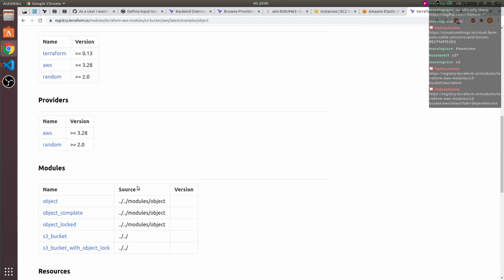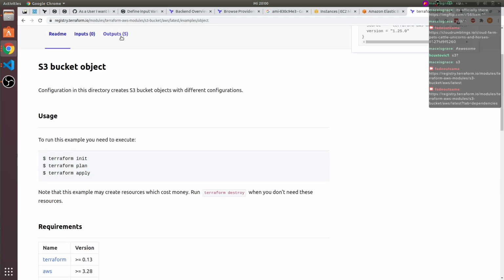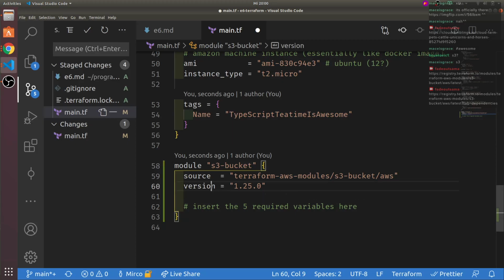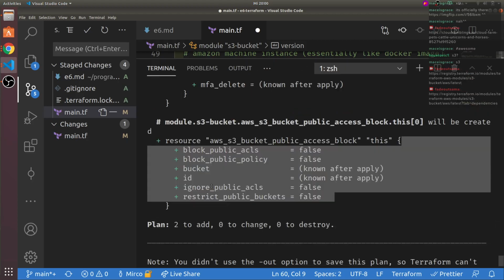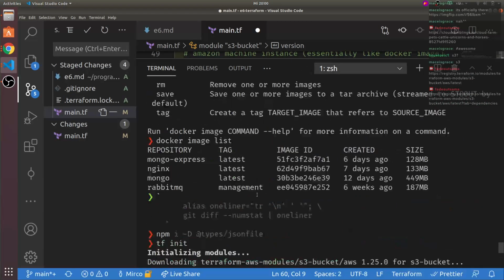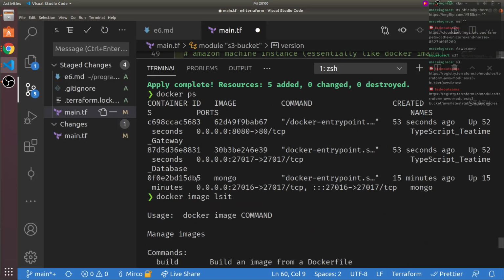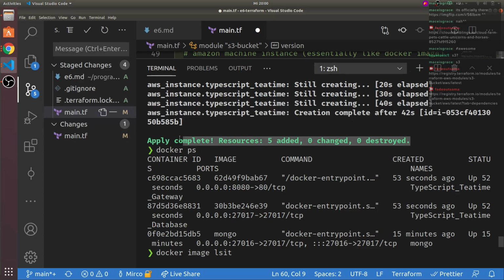Yeah, so there are inputs and outputs, by the way. Outputs is like, if you want to change stuff and you want to print out the, I don't know, if we go back here, it just said apply completed.